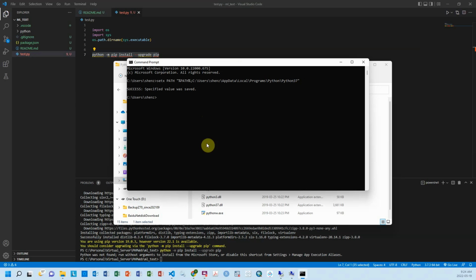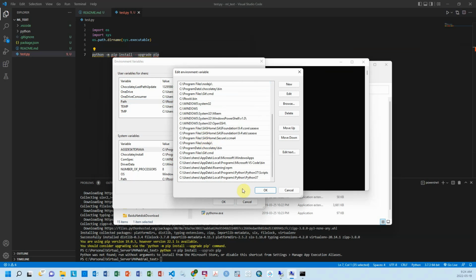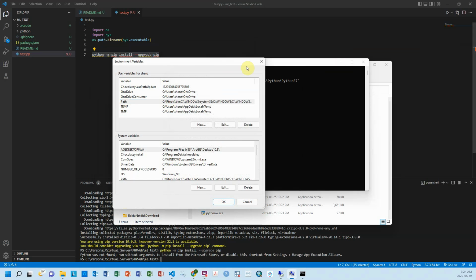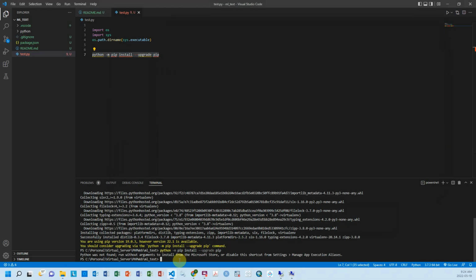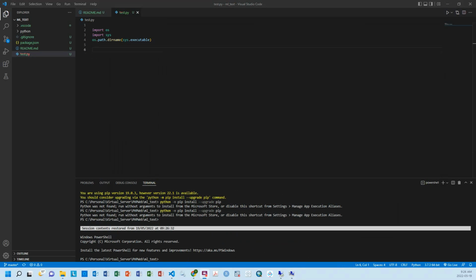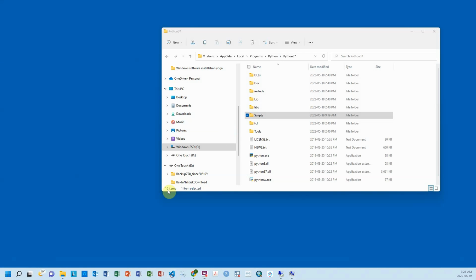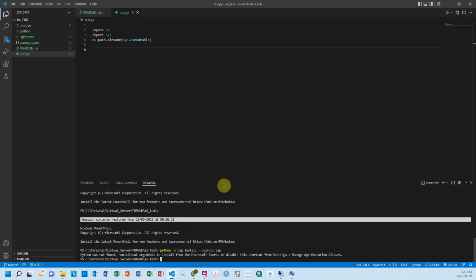Okay, so it is successful. Now let's go to this environment variable again, to the user's path. Inside we see that the path has been added. Okay, so now let's go back and see if it works. Python -m pip install --upgrade pip. Python was not found. It is probably because I didn't restart it. So I'm going to close it and restart VS Code again, and then I'm going to try this. Python was not found. Yeah, so